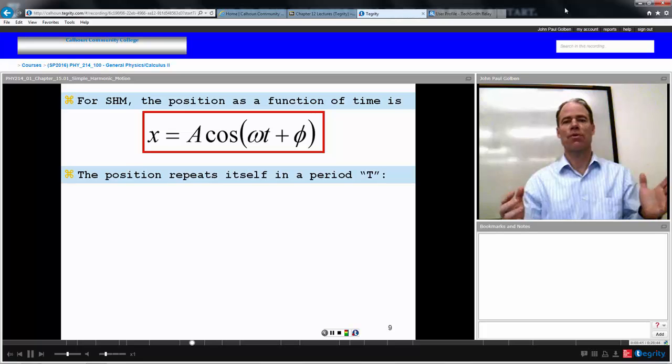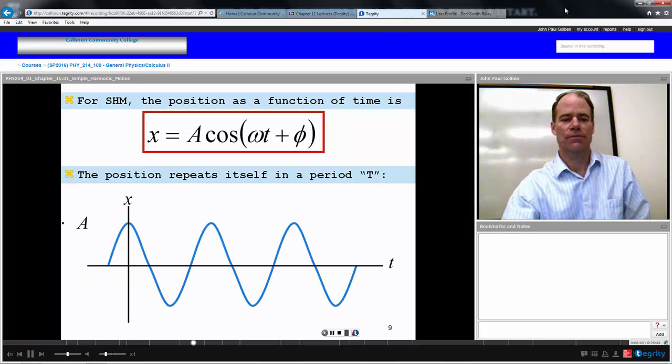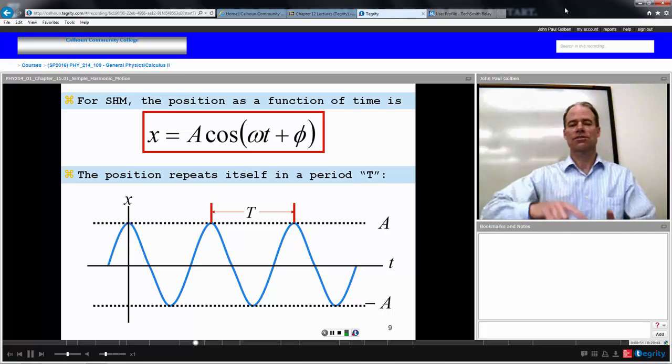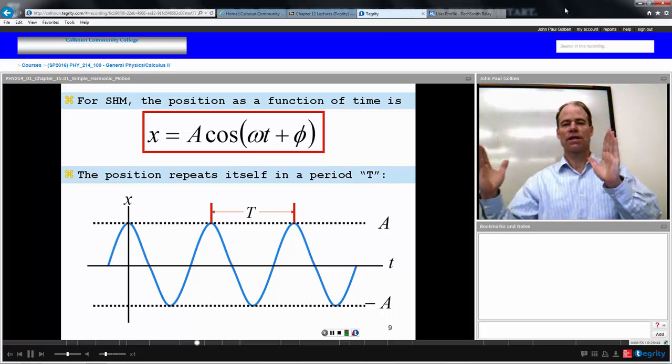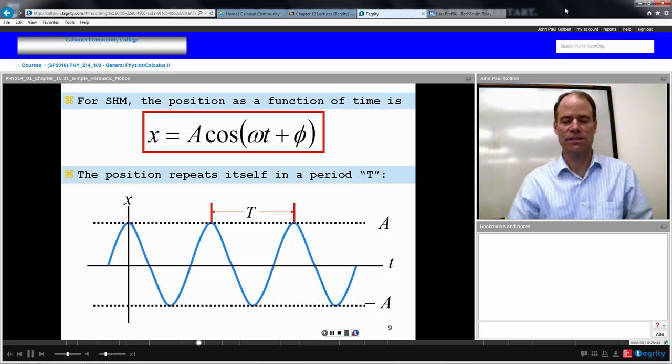And at that point, my function will repeat itself. So I will find that this sinusoidal function, as it goes through one cycle of the cosine function, will repeat itself in some time. And I'm going to call that time that it takes to repeat itself